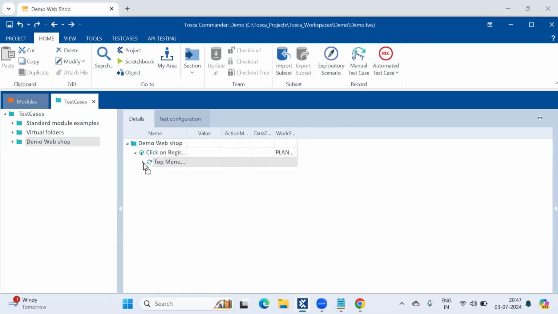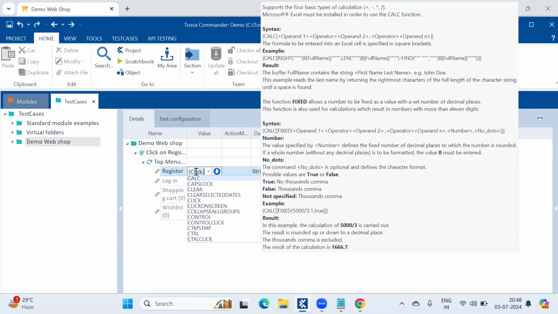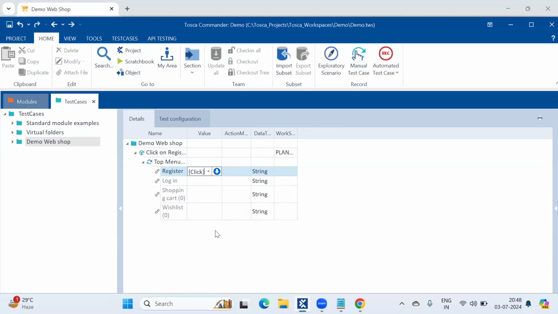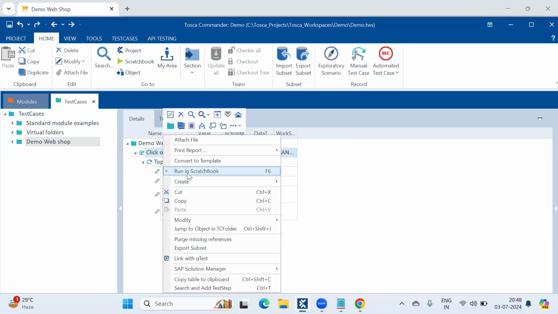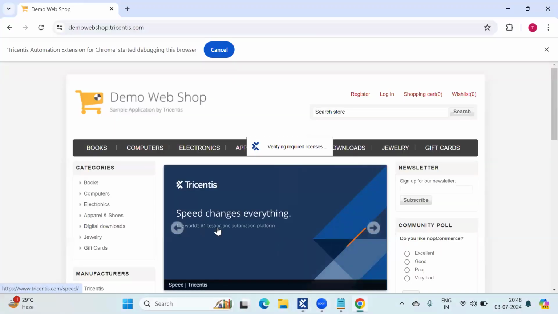See, what and all the modules we have scanned before, those are all here. Okay. What operation are we performing here? We are going to that particular control and we are performing a click operation. So manually what we are doing, we are giving the same thing. So I am telling Tosca, go and click on this register button. Okay. Let me run this one. Let us see whether it clicks on that register button or not.